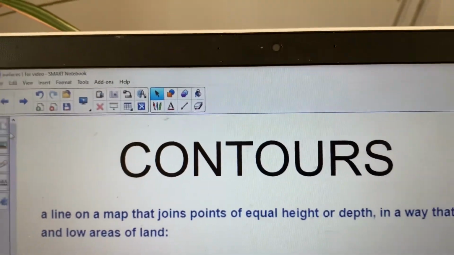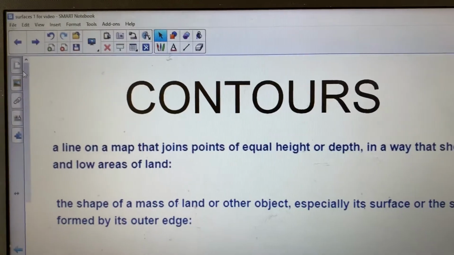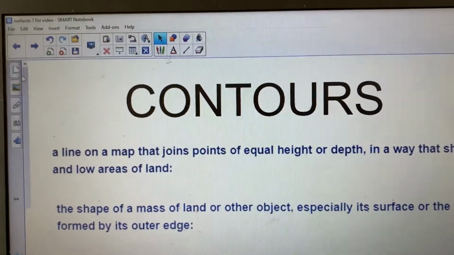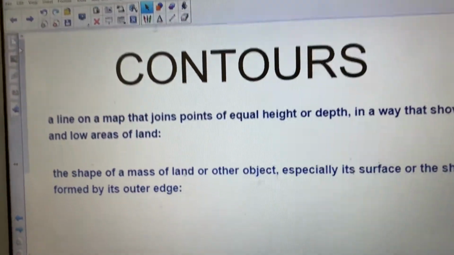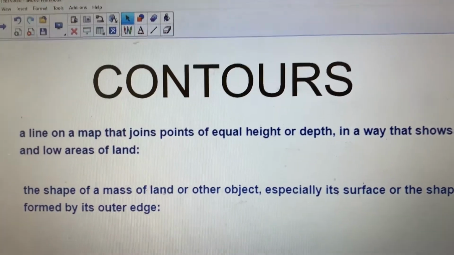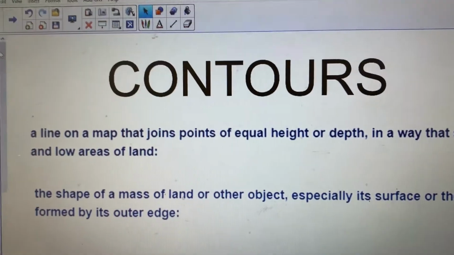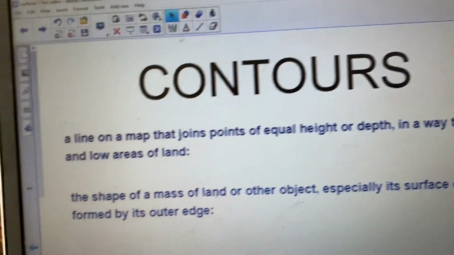Contours. You probably know a little bit about contours. It tends to be when you're looking at a map, a way of showing the height of ground, so hills, mountains. So here we have two Cambridge Dictionary definitions of contours. Okay. Right, so how is that going to work